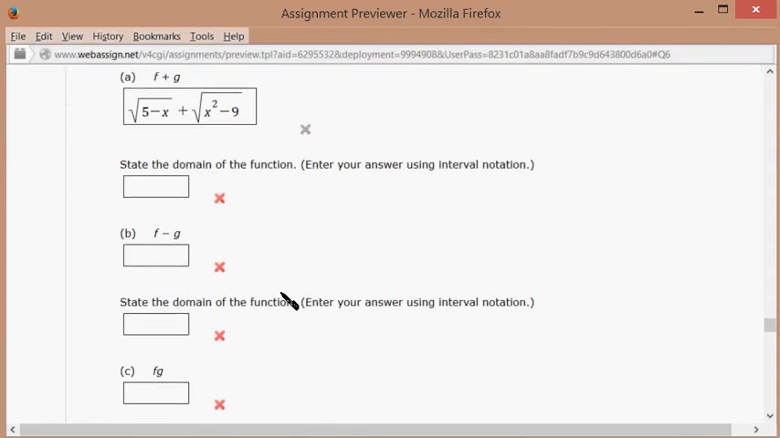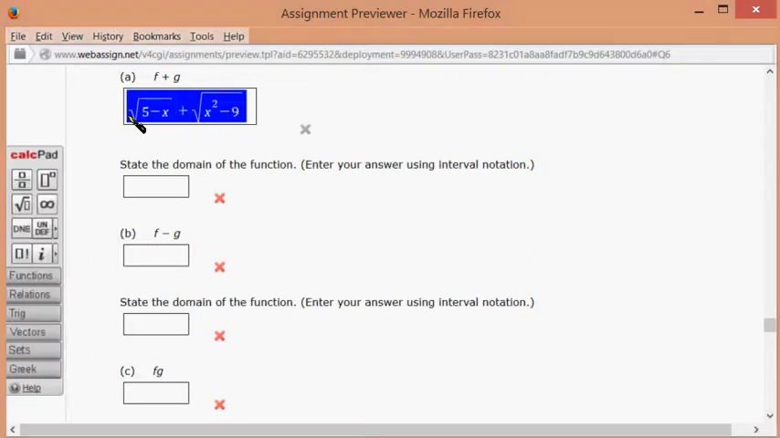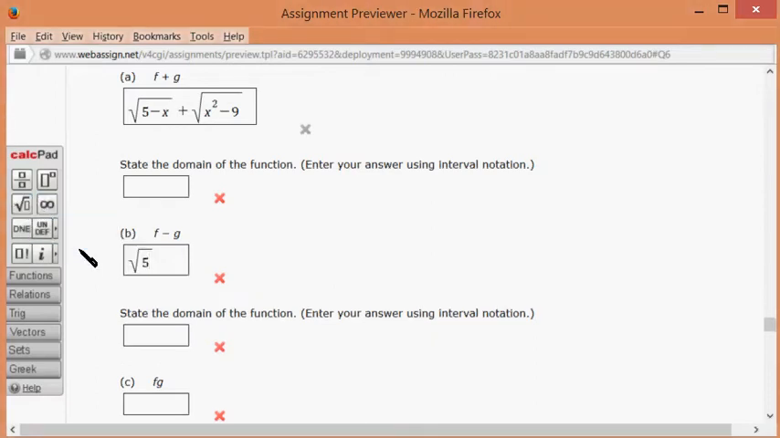Actually, let's just type in all these functions. It's the same thing here, except for the minus sign. So I'm going to just take that and put it in. Or actually we can't do that, so I'm going to just type it again. So 5 minus x, and minus, then you have square root,